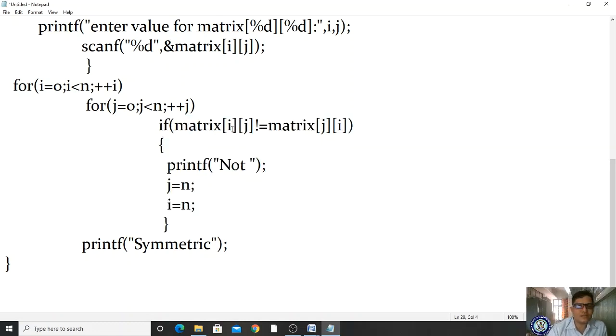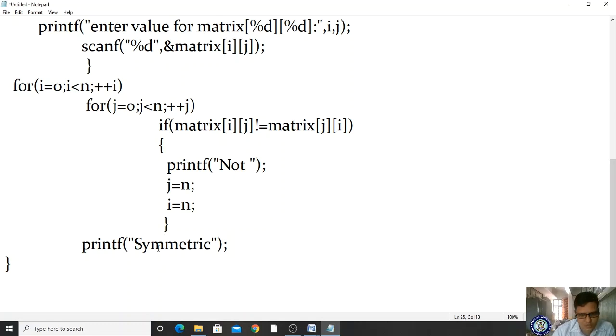If matrix of i j is not equal to matrix of j i, then if this condition is true, it is not a symmetric matrix. If the condition is false, then it is a symmetric matrix.